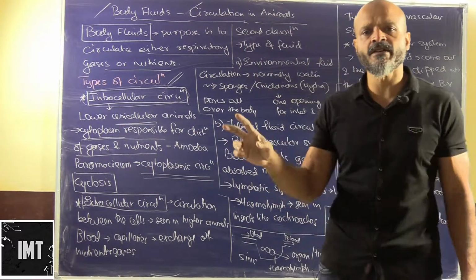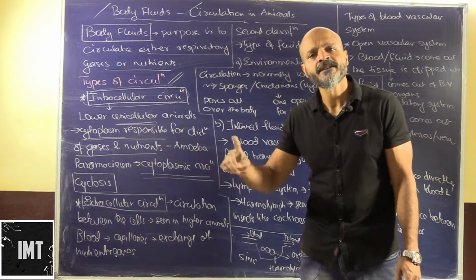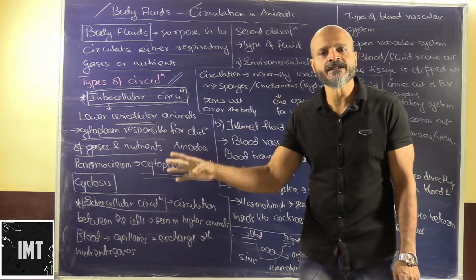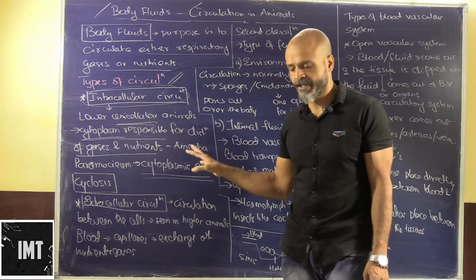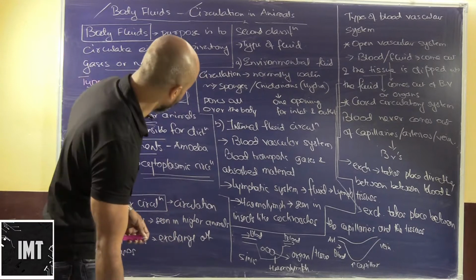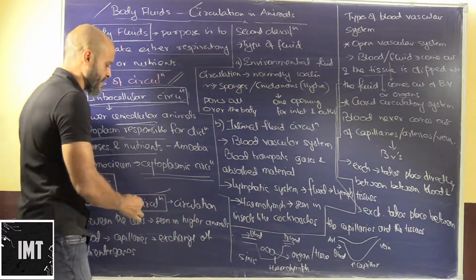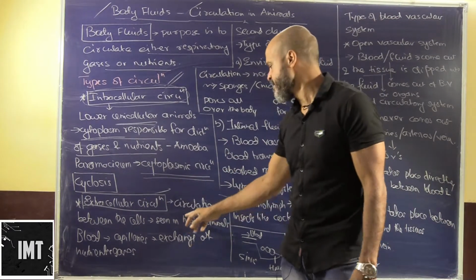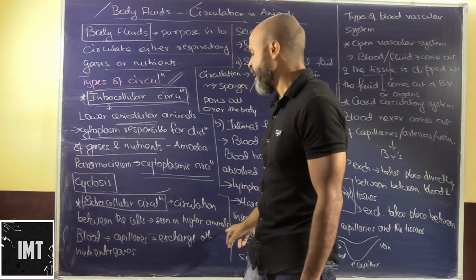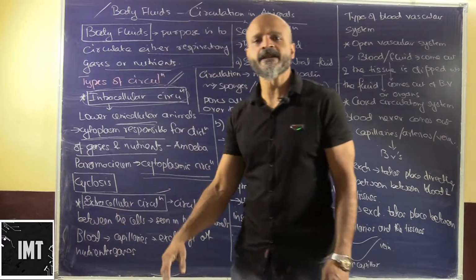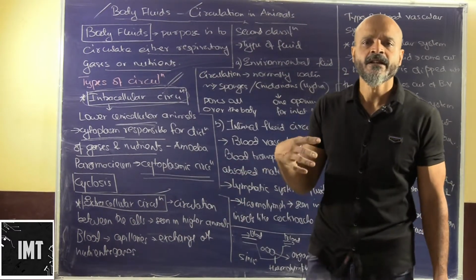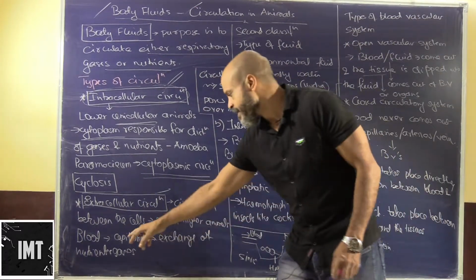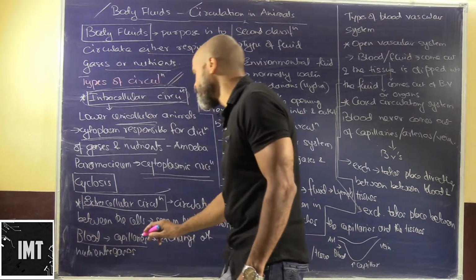Intracellular circulation means the circulation which happens within the cell itself. The cytoplasm itself is acting as the body fluid here in the case of lower animals or other unicellular animals. Now we talk about extracellular circulation. What do we mean by extracellular? Obviously it will be the opposite of this: circulation between the cells, as seen in higher animals. These are multicellular animals, where there is a proper diversification of all the jobs that are required. So the blood flows into the capillaries.